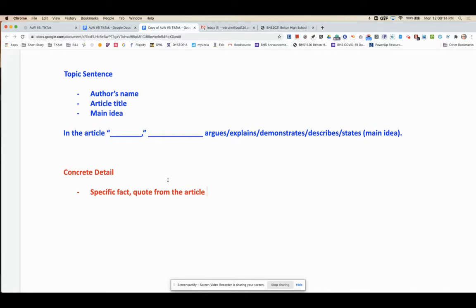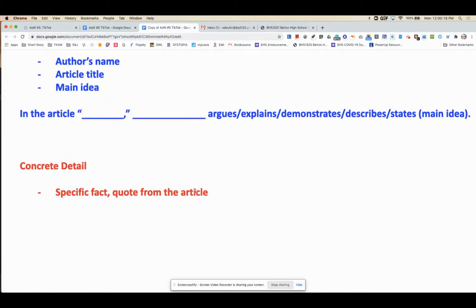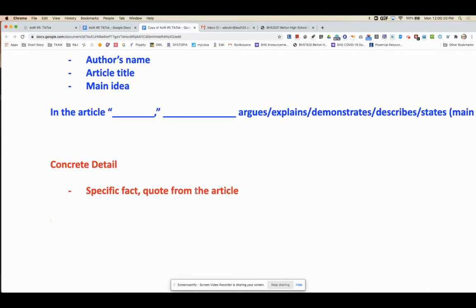The biggest issue here is that you are not using a sentence starter. So you're just starting the sentence with the quote, which you cannot do. You need to have something that leads into it. So it could be something like, for example, it could be in the article. It could be the author states. It could be